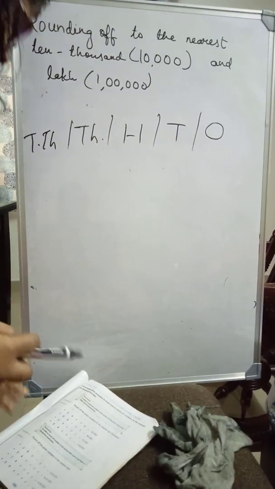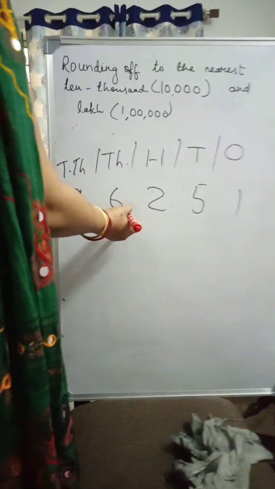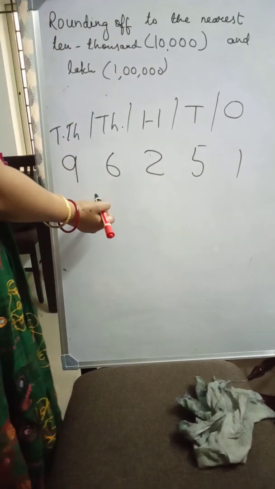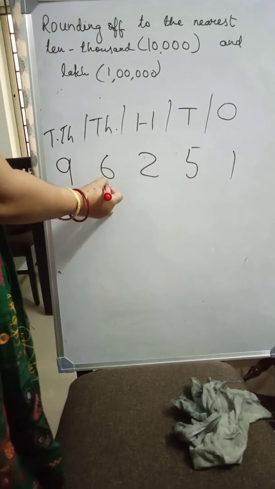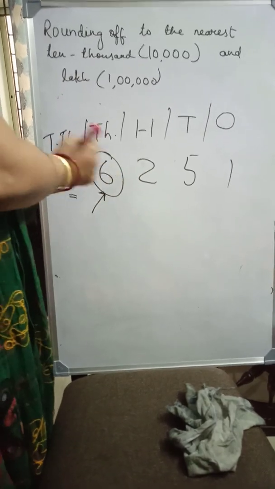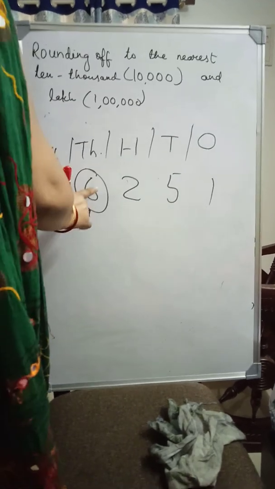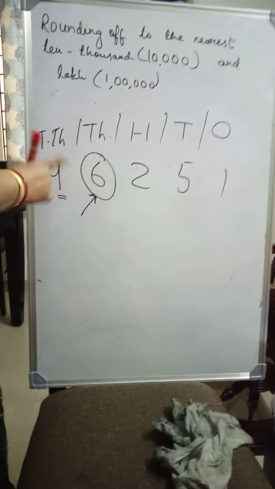So here the example is 96,251. We have to round off to the nearest 10,000. So here we are going to round off this 9 at the 10,000 place. So look at the digit at the thousand place. This is 6. When the digit at the thousand place is 6, then we have to round off to the nearest multiple of 10,000 which will be more than